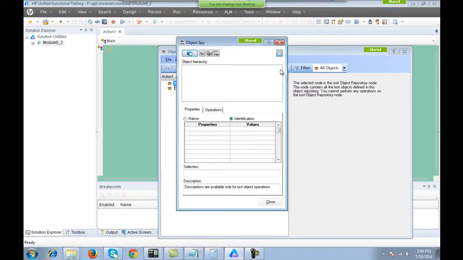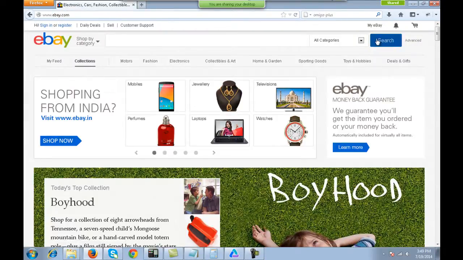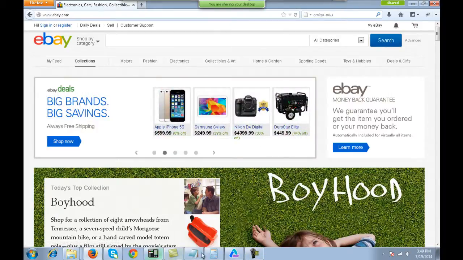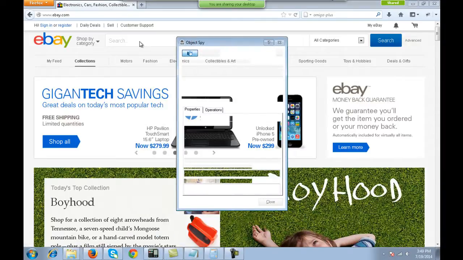And suppose if I open up any web page, for example, I open up ebay.com. So you will see that there is a text field and there is a search button. You can enter something in the text field and search. Right. So if you look at the object spy, if you look at the text field in the object spy,